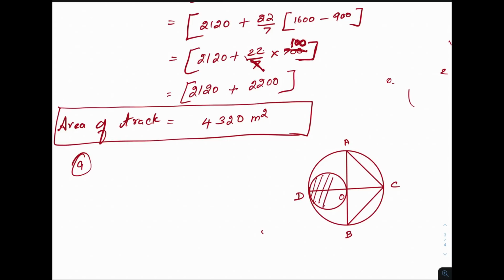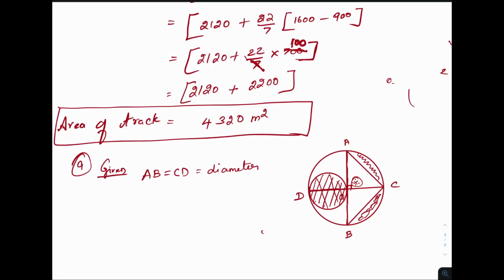Where all is it shaded? The smaller circle and then the space where we have the triangle. So here they have given the clue: AB equal to CD, diameters which are perpendicular to each other. That is very important here. Why? Because we need to know what type of triangle this is. So they have given two diameters perpendicular to each other, and OD is the diameter of the smaller circle.